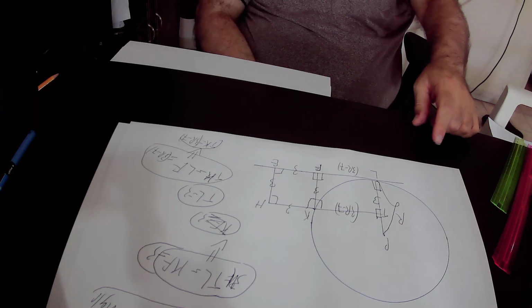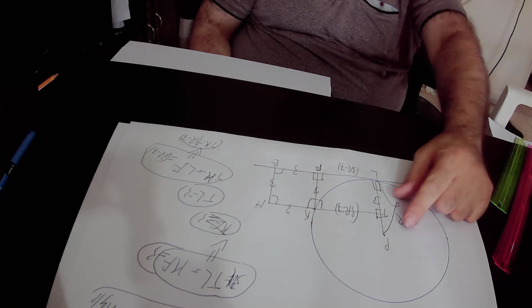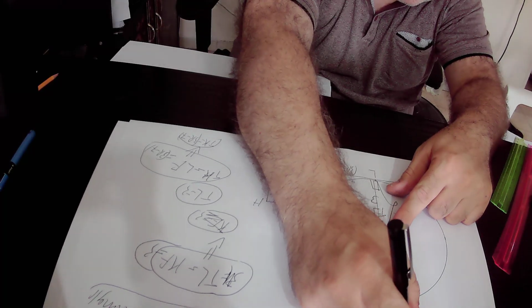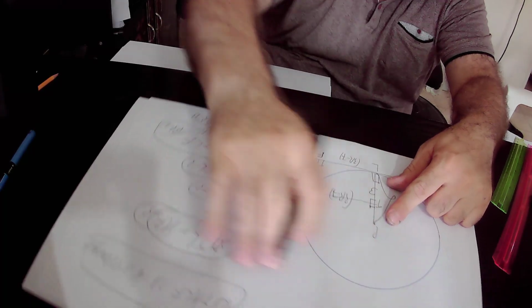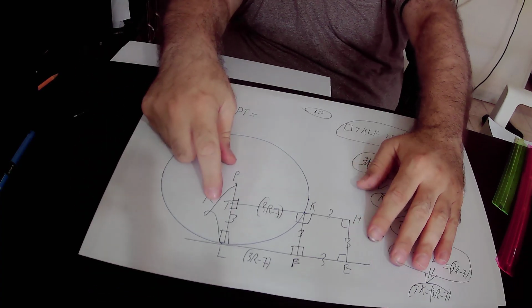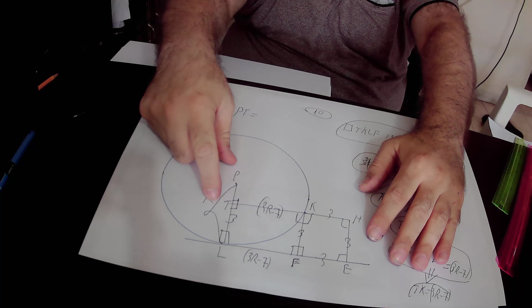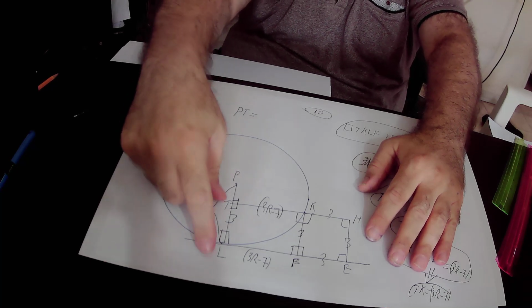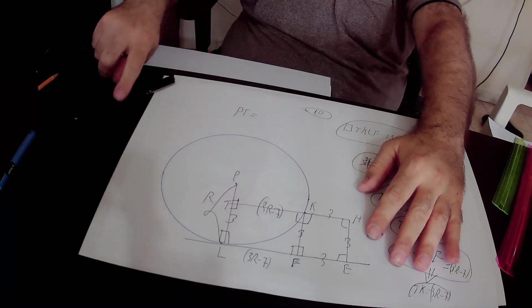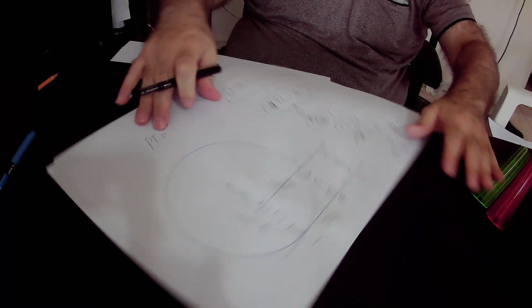What is the value of PT? It's very easy to see from the drawing that PT is equal to PL minus TL. Again, PL minus TL equals PT. So PT equals